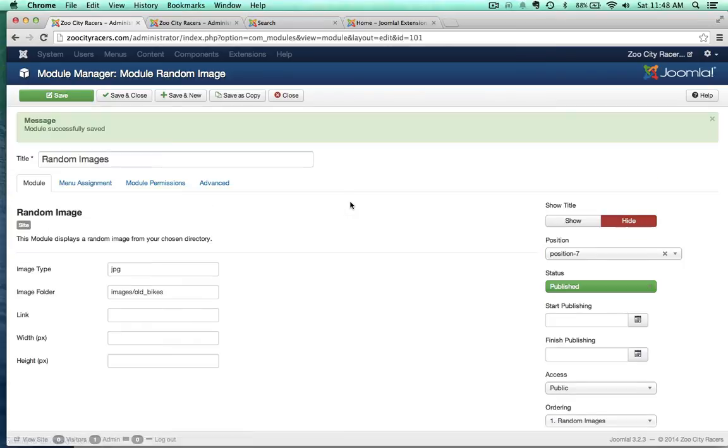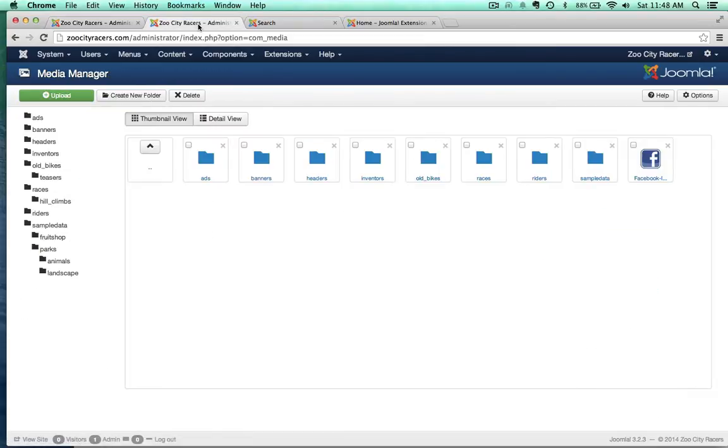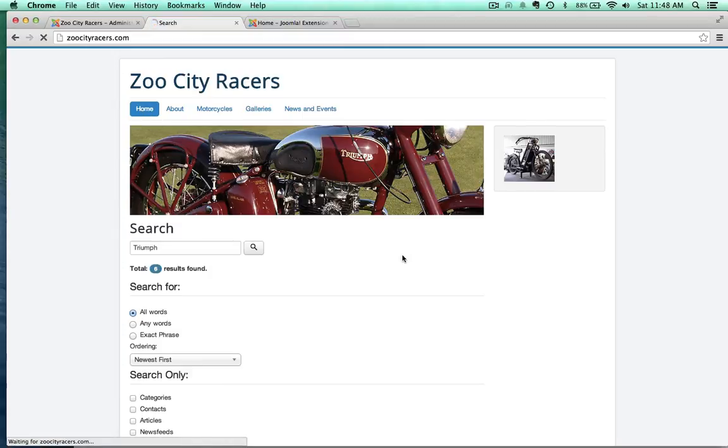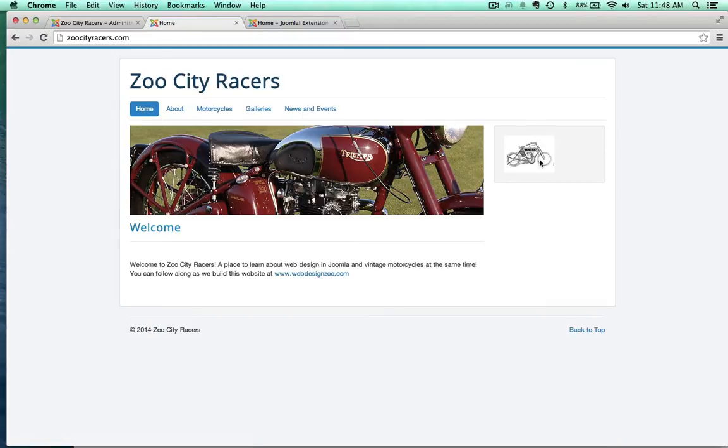and come over here and refresh. Oh, there we go. And there's our image module. We're not actually on the home page, are we? Okay, there we go. So we have an image right there, and I'm going to come up here and refresh. Okay, so we got a random image, and it's grabbing them from the old bikes folder, and I can keep refreshing, and a